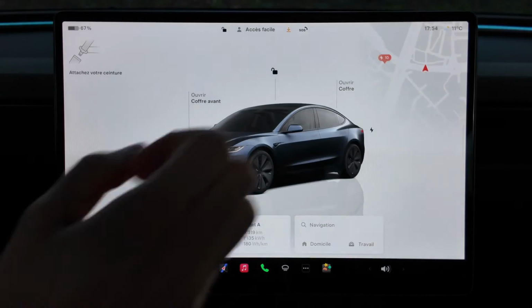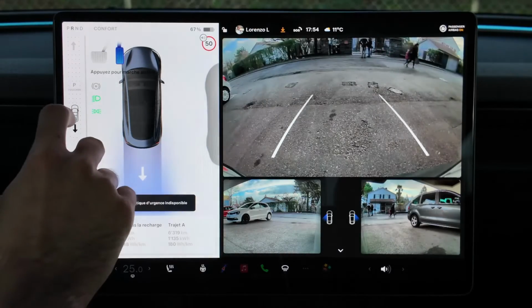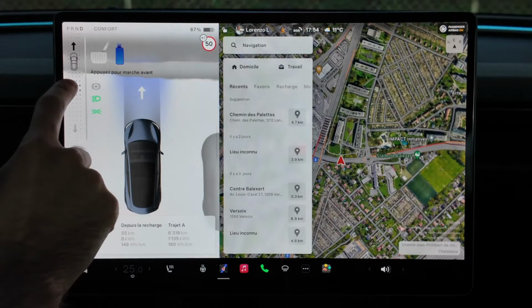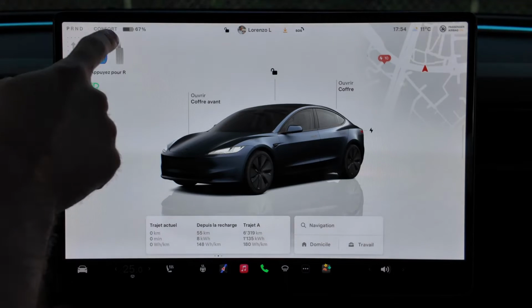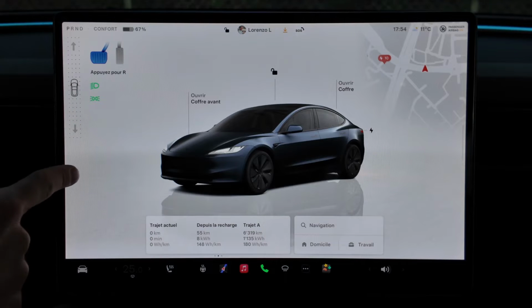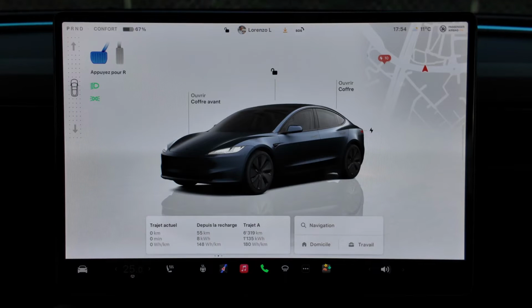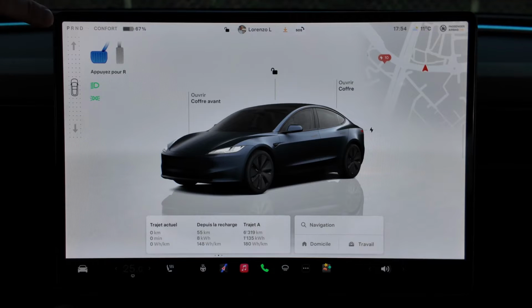We have the upper part of the screen. So as you can see here, I need to fasten my seat belt, but if I do this, for example, you'll see that if I shift into drive, well, here I'm in reverse with the cameras, but if I shift into drive or park, you'll see that other things still appear. As in this case, we can see the direction in which we're going. We can see the headlights here, and then if there are other alerts, for example, regarding the brakes or if the tires are deflated, etc., just like you can see on the dashboard of a combustion engine car, it will be displayed here. Here we have the gears, so right now we're in parking mode.